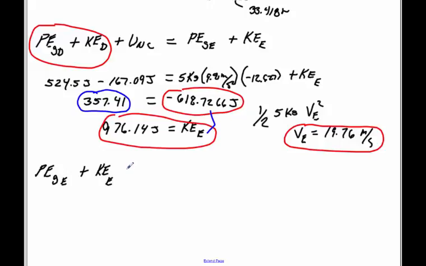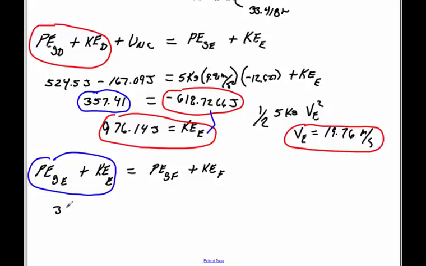There's nothing to cause any work being done. This must equal the gravitational potential energy at F plus the kinetic energy at F. What I was trying to clarify earlier: all of this value here is going to equal the 357.41. So 357.41